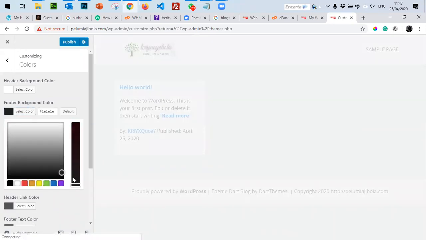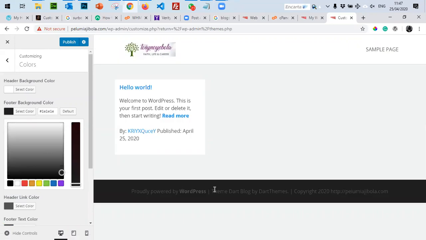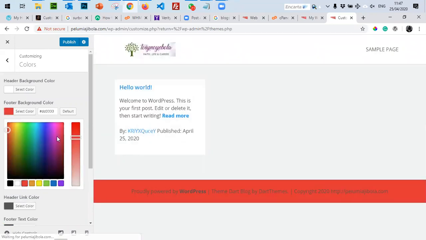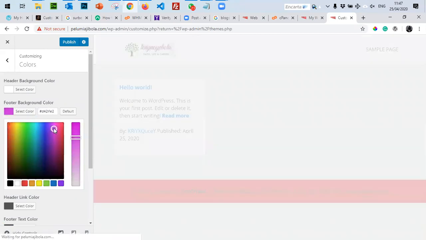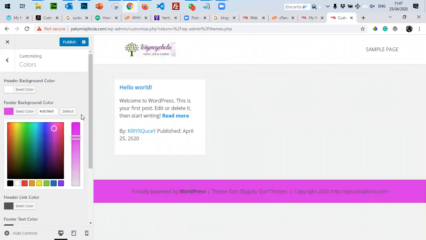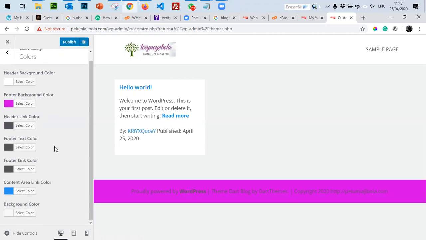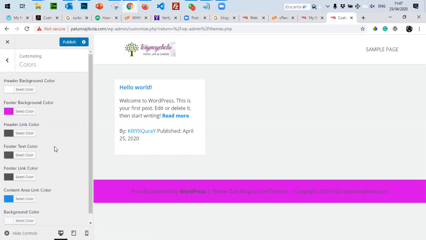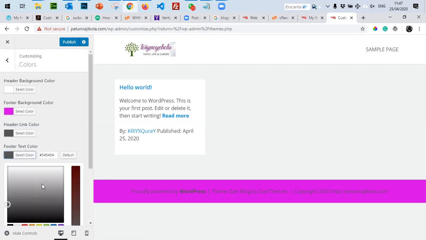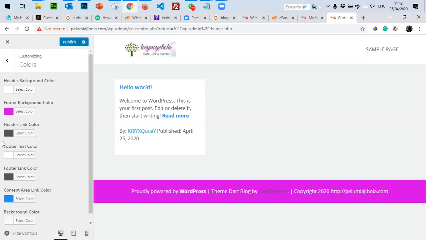So if I were to change my footer to a different color, this is what will appear. I like to choose a color around the logo above so that there's some form of consistency in the layout. I've chosen a background for my footer. There should be a part where you can change the text color of your footer. So this is footer text color. I can now choose white so that the text can stay on the purple.